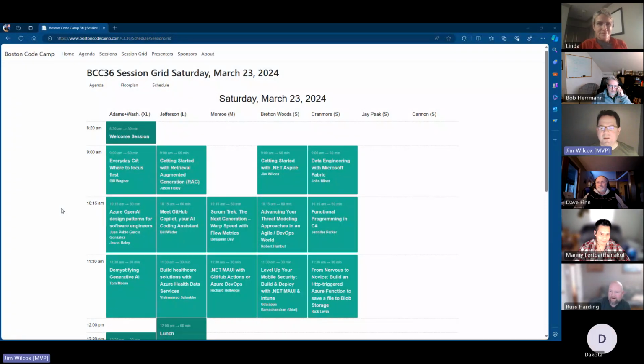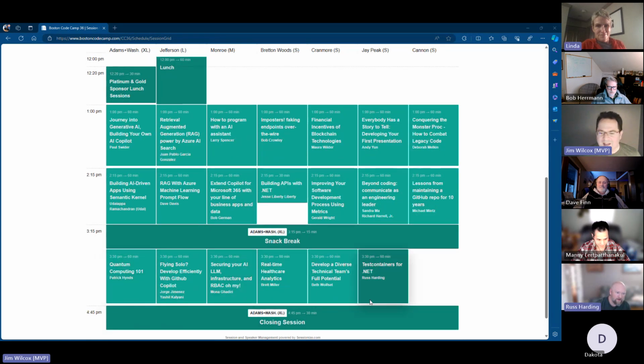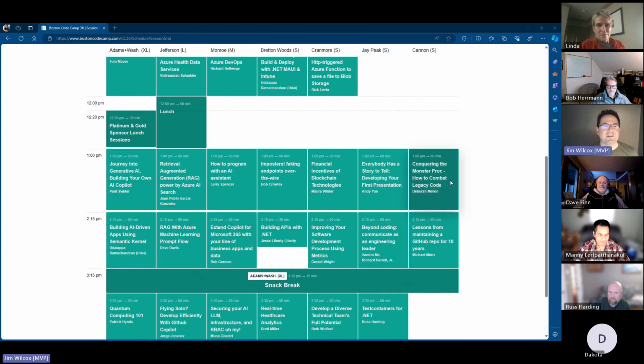If you happen to be interested in catching that again by chance, I'm all the way at the end of the day, all the way at the bottom right-hand corner. Okay, yeah, you're further down. There we go. Right here. So Russ is at 3:30. There's a lot of our regulars in here: Udayappa, Bob Crowley, Maura and Bill Wilder, Beth Wolfset, Paul Swider. All of these folks are kind of regulars in the community around here. Bob German, lots of